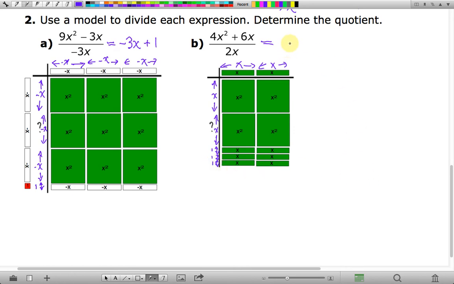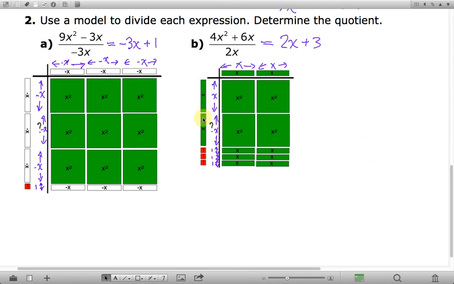So that means that the quotient is 2x plus 3. And now I'll just put in the tiles to show that quotient. Okay, so here is the quotient, 2x plus 3. Of course, we could have determined these quotients without using a model, except that we were asked specifically to use a model in this case, but